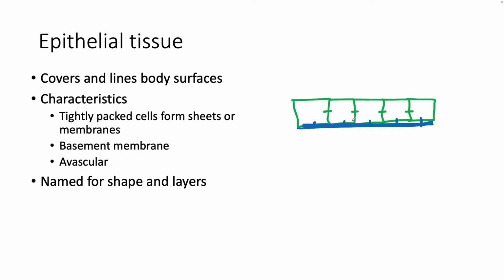Now, the other thing about epithelial tissues is that they are avascular. And what that means is that they don't have their own blood supply. So underneath the basement membrane, you might have a blood vessel, and that's carrying nutrients and oxygen and things that the cells need. However, the epithelial tissue itself is too tightly packed together. There's too many cells, there's no room for blood vessels,